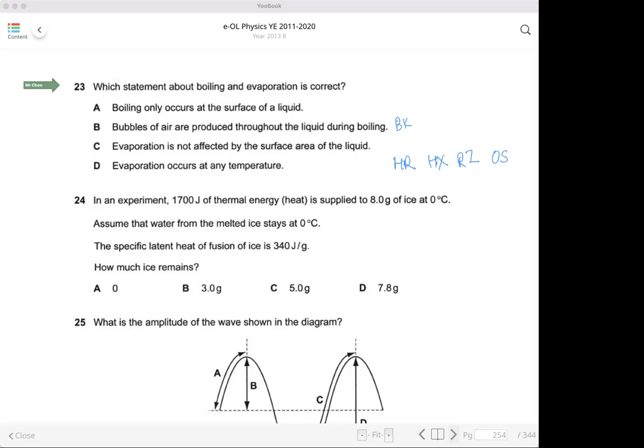Yiting, what's your answer for question number 23? Yiting says both. Okay, so